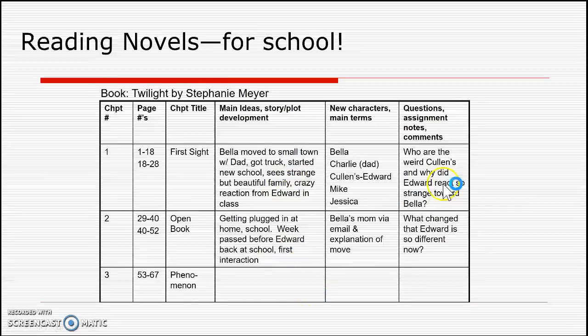And then you can also put in notes, like let's say you come to a class lecture and the instructor mentions something in particular about a character or about a particular situation from the book. You know right where to include it in your notes, because you know it happened in these page numbers or in chapter 3, or you can even say, okay, this is where we meet Bella, and you can do a little side note over here: note from instructor about Bella. So this is a super handy tool when you're dealing with novels and trying to write